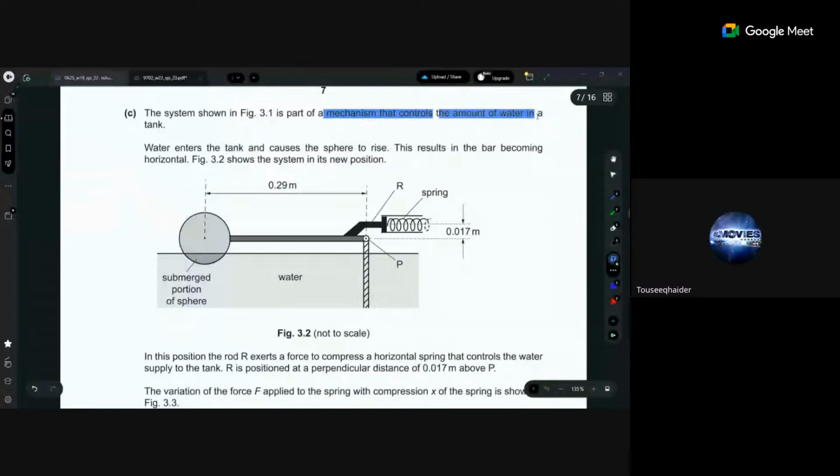0.07, गैप दिया हुआ उसने। ओके, और ये 0.29 मीटर as it is हमारे पास distance है। कह रहे कि in this position the rod is exposed to compress a horizontal spring and that controls the water supply, पानी बंद कर देता है। ठीक है, तो आप बोल रहे हैं